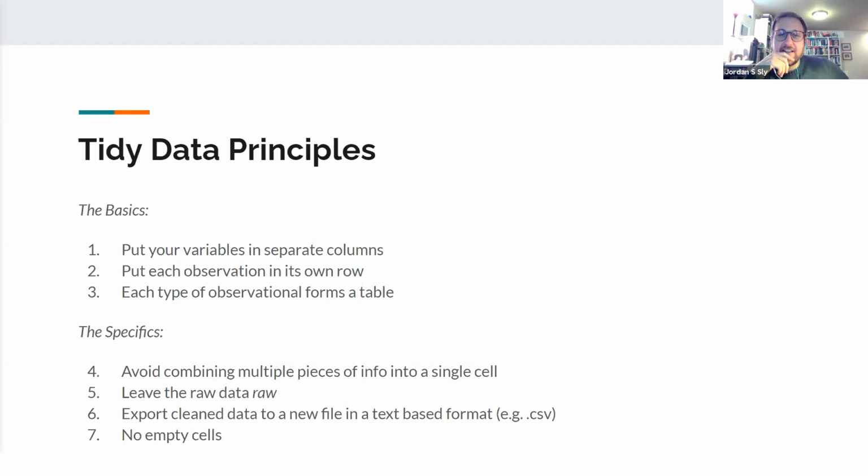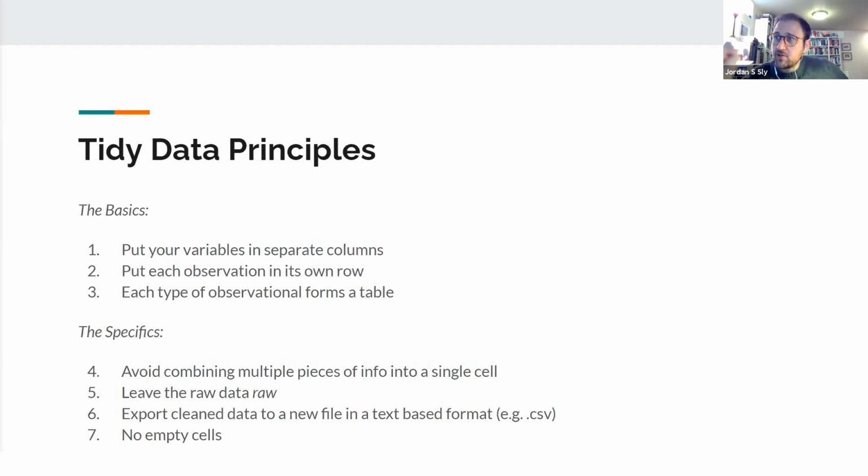But the notion here is clean data, right? We want to make sure that the data that we have serves our exact purpose and does little else, right? That it represents what we need it to represent. So we don't have the ability to go into every facet of what tidy data is, but these are the